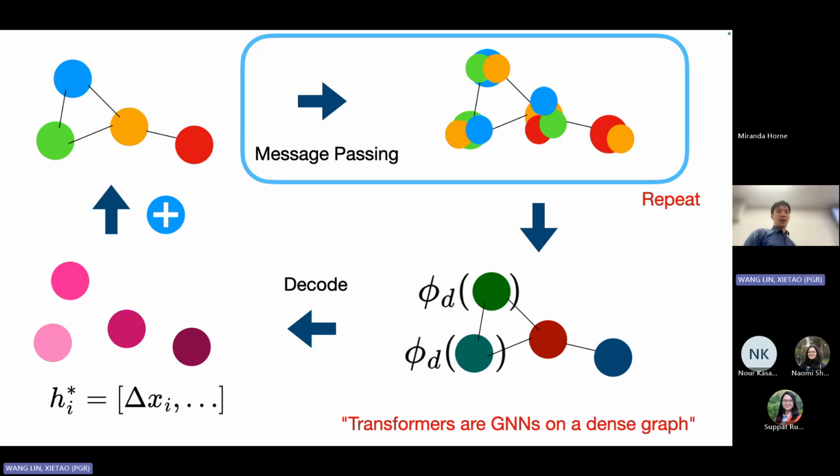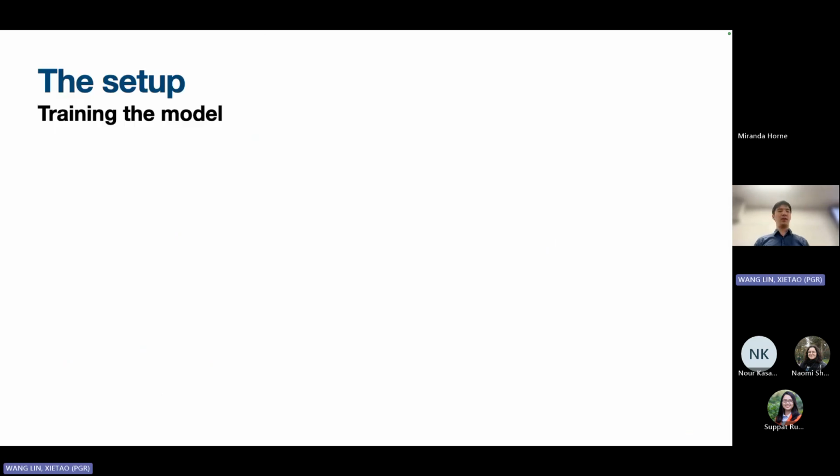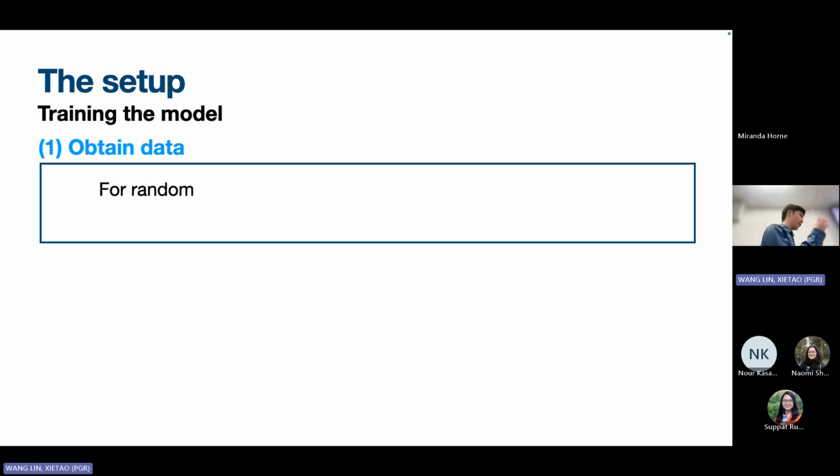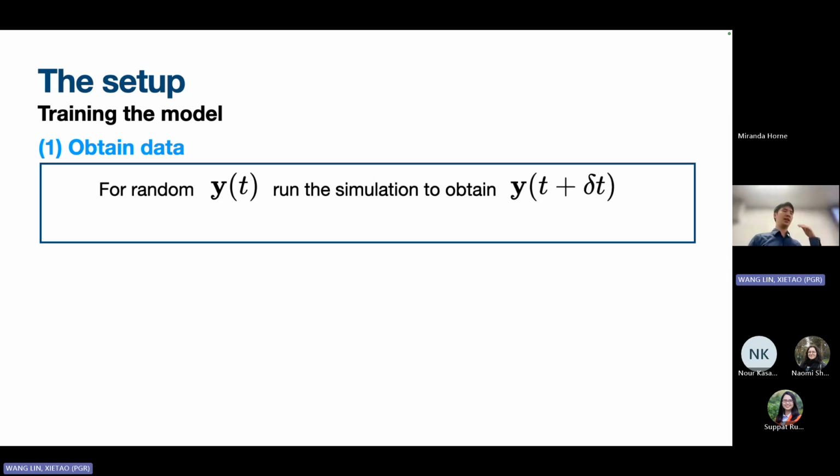Okay. With that in place, training the graph neural network to simulate is straightforward from here. We take a random set of initial positions and then simulate them using a standard method to obtain a future state, t plus delta t. Here we make sure to choose delta t to be quite large compared to what the solver usually needs, in order to achieve this temporal coarsening.